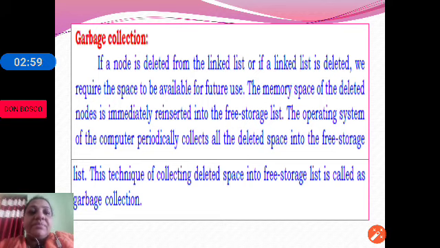The operating system of a computer periodically collects all the deleted spaces. If there is any unwanted or deleted linked list or nodes, it will make that memory available in the free storage. This technique is called garbage collection. That means the operating system picks up the free space which is given after deleting nodes or after deleting a linked list. That is called garbage collection.